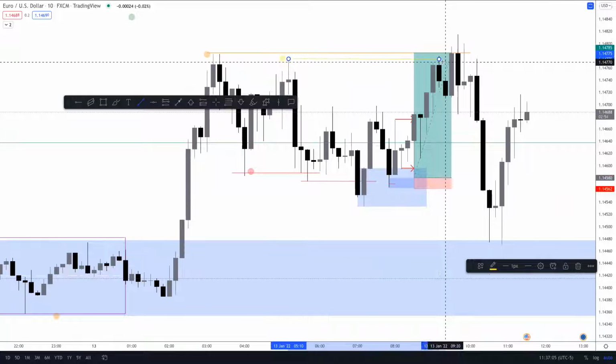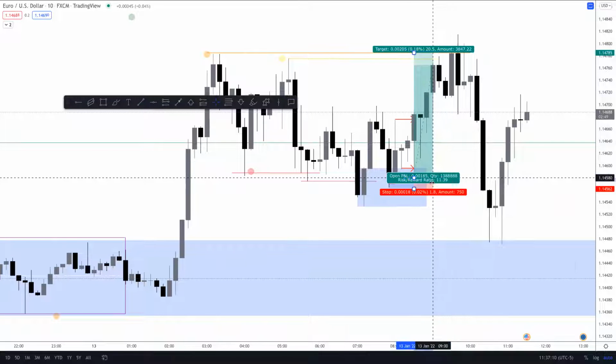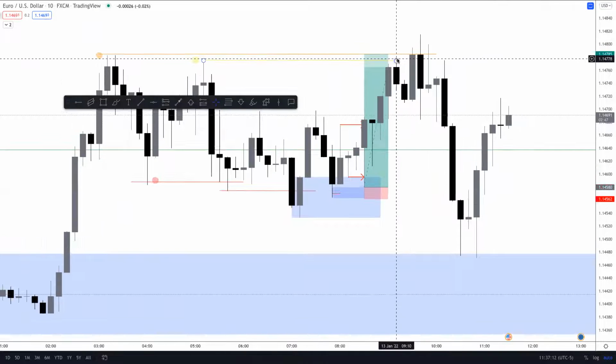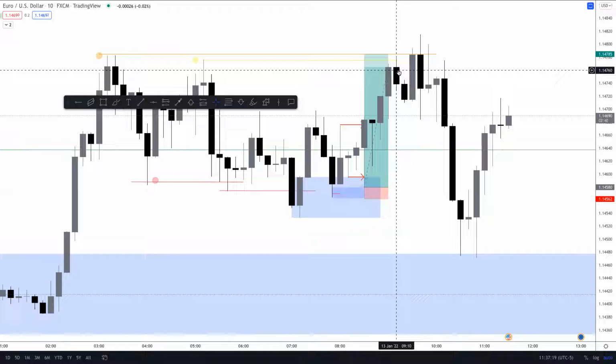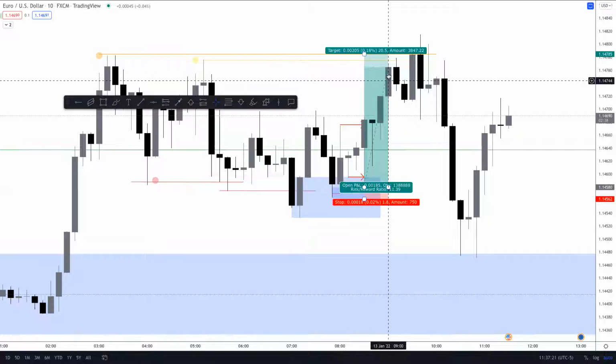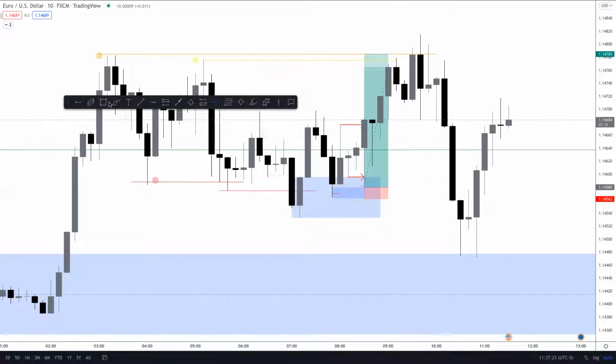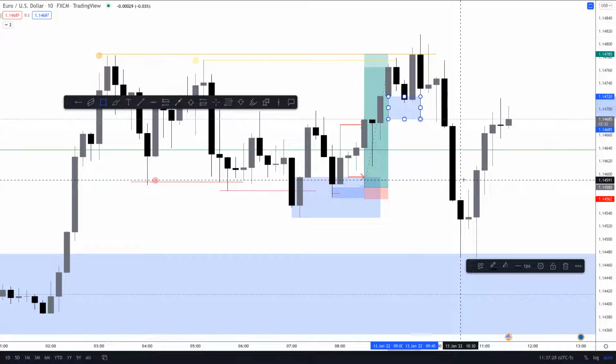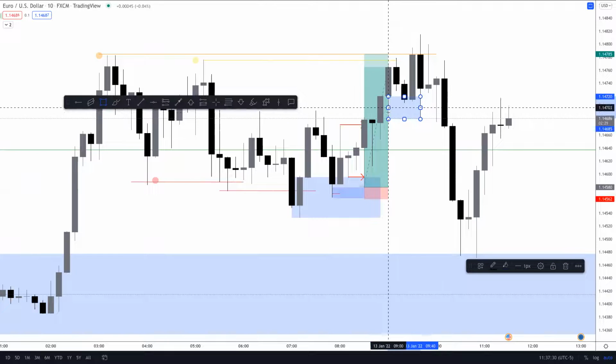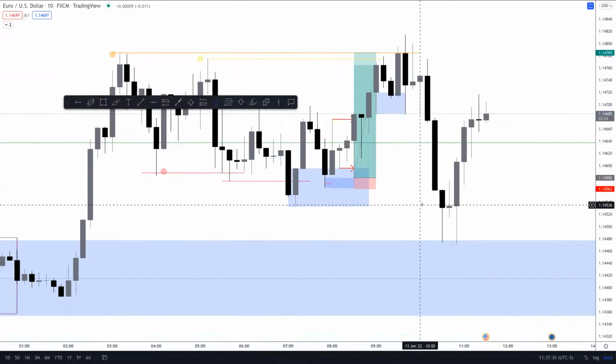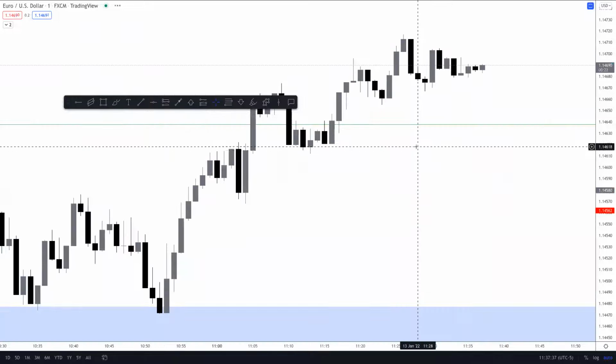Here, we broke, right? I'm not sure if you remember, but I put this in. Here we broke the minor structural inducement. Minor structural inducements are normally continuations, right? This was the candle that caused it, right? There was no OB to be found here. So what I did was I took the wicks of this candle, right? And the reason why I took the wicks of this candle is because, as we know, wicks are imbalances, right? They have OBs within them, right? So I hopped into the 1 minute,